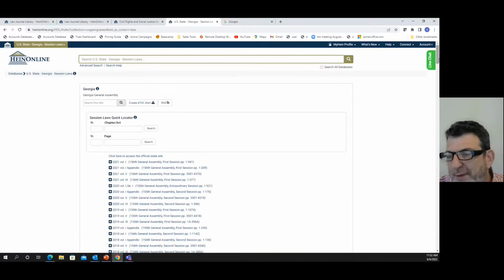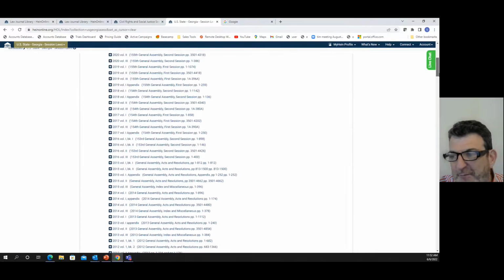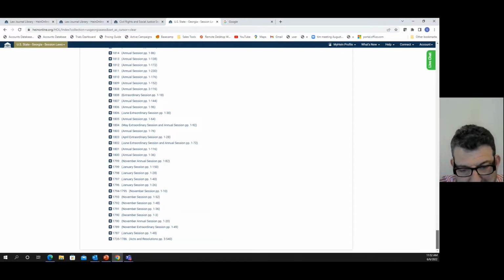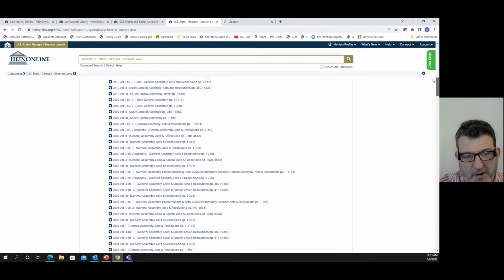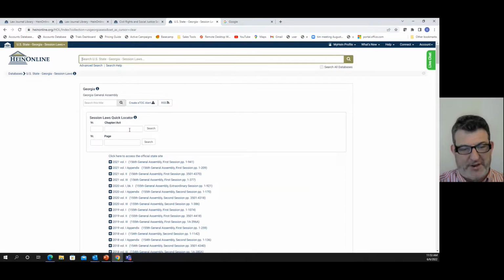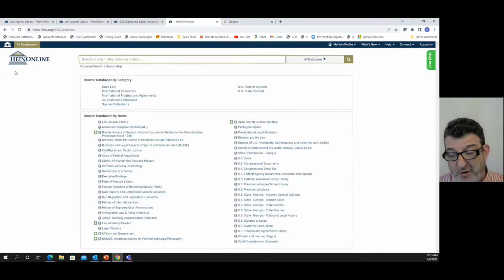We're talking about going all the way back in Georgia history to even 1735, before Georgia was a state. And you can go all the way here, and you're going all the way current. And if you have a given citation, you can go right to the full text session laws. So maybe you're not going to be using that every day, but that's an amazing resource. Same with state reports, state statutes, session laws, attorney general materials, etc.